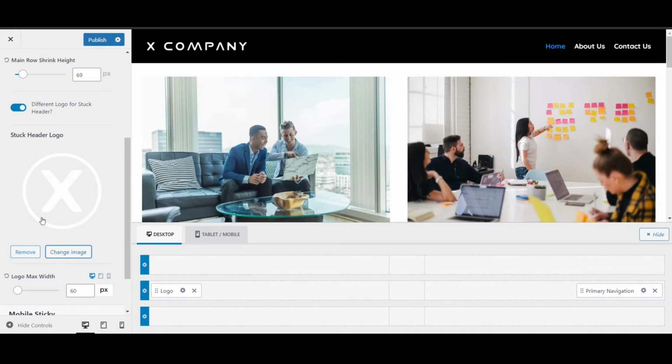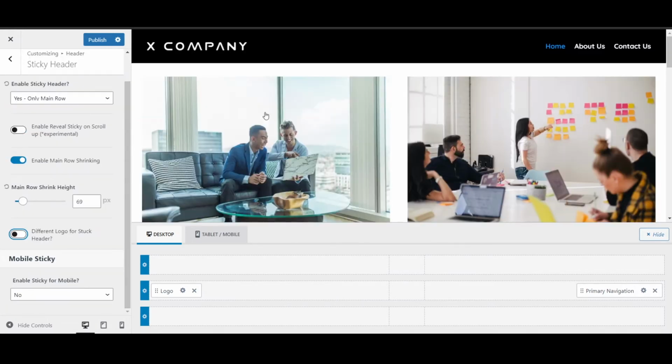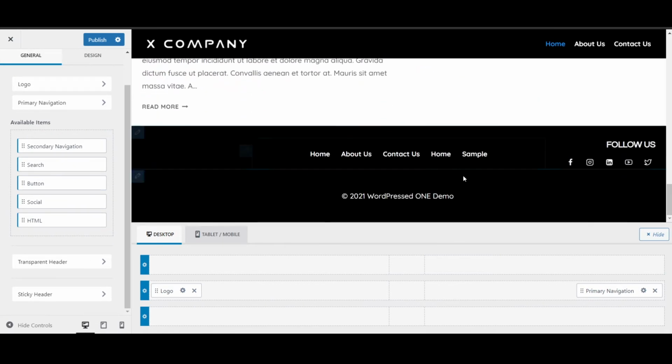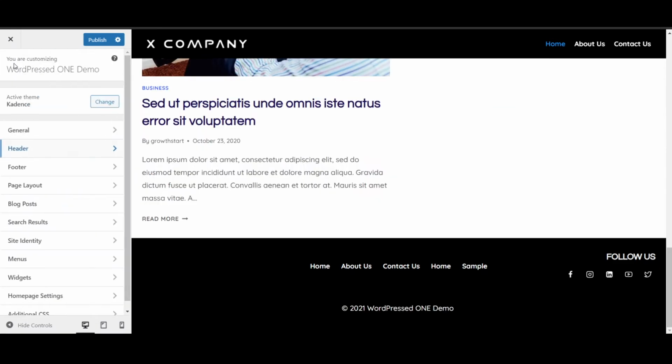Alright, so I think that looks good. We'll remove this for now. That looks great. And then the next thing that we're going to do is our footer section. So you'll see in here we've already set up some stuff, but we're going to go through exactly how to do